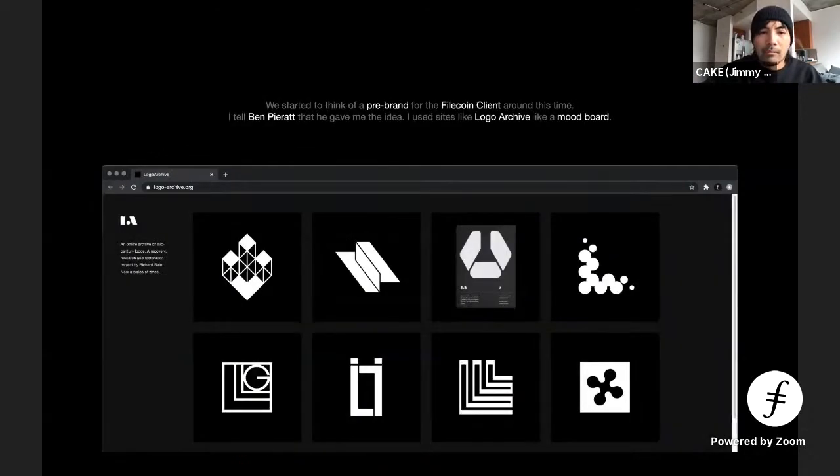And some ideas I also took. I think we stand on the shoulders of giants. My peer Ben gave me the idea for pre-brand. I remember seeing his presentation a long time ago and thinking, that's really smart, a brand that's adaptable and can change over time. And so I used sites like Logo Archive with the team to come up with what our V1,